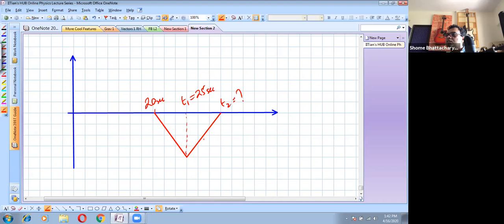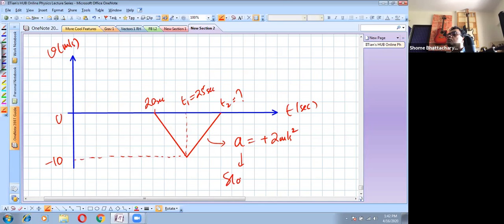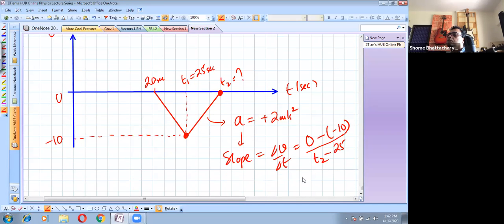But what is given to us is that in this time now, the acceleration is given as +2. And of course, at this point of time, we can see the velocity is -10. So we'll just use the slope concept here. So this acceleration is the slope. So it is delta V by delta T. So we can just now use this point and this point as our data points. So final velocity is 0. The initial velocity is -10. The final time is the unknown time t2. The initial time is t1 or 25 seconds. And from this, by solving, you will get